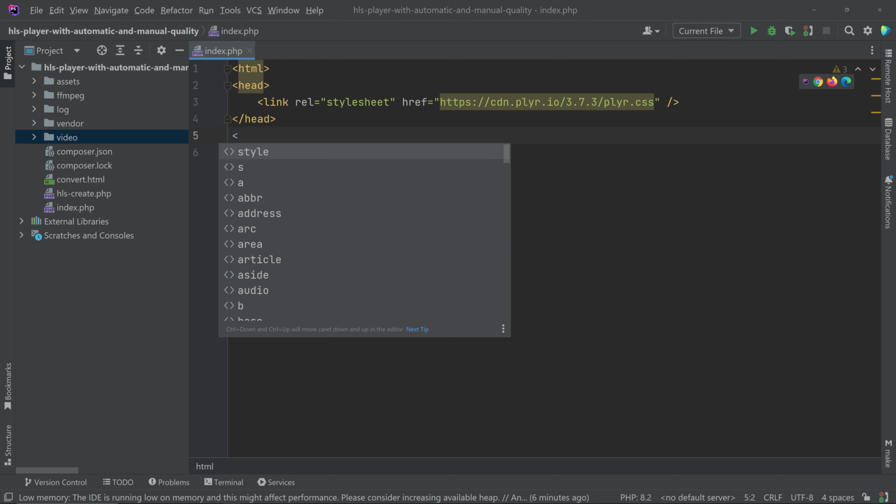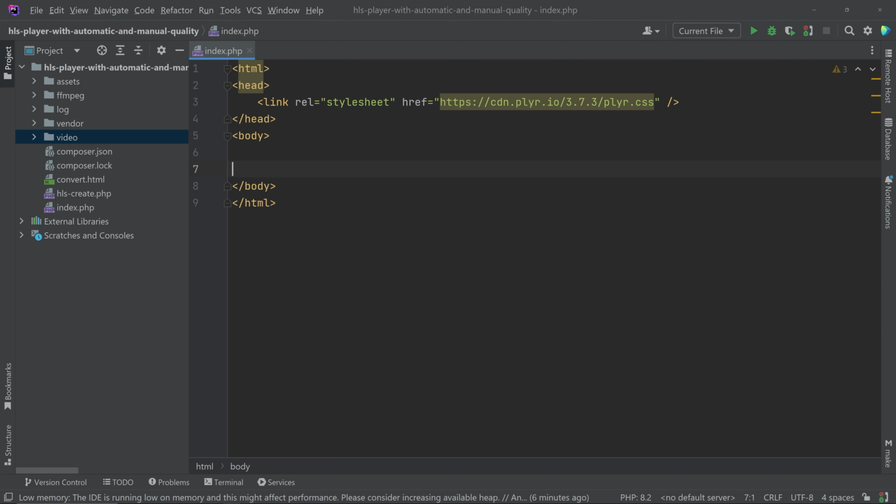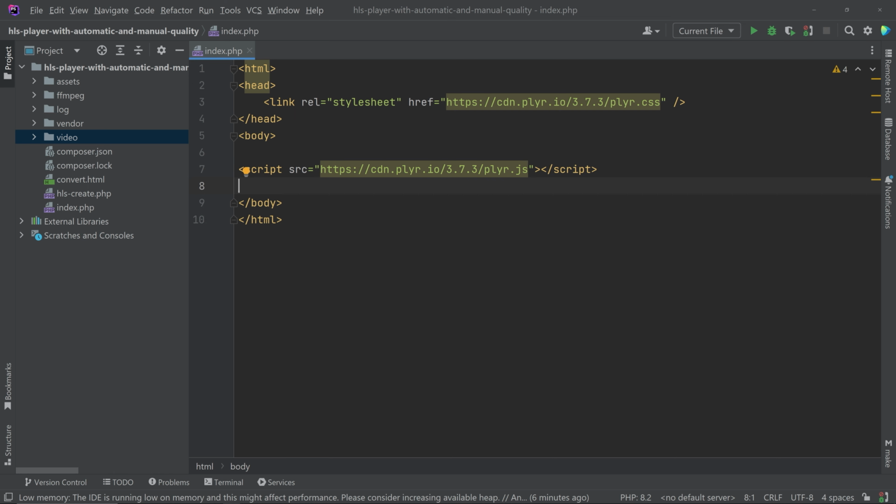So after the head tag, you can create a body tag, and at the bottom you can paste this. Okay, now we need to add the HLS. So let's go to HLS,